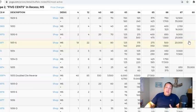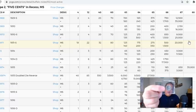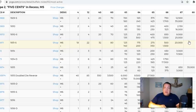And what you're going to do is simply analyze the information. You're also going to find out how much it costs to grade one of these nickels. All right, that's important. Okay, is it going to be 25, 30 bucks? Or are you going to send a lot of them and do a bulk submission? These are things you got to know, because if you're going to try and be successful at doing this,